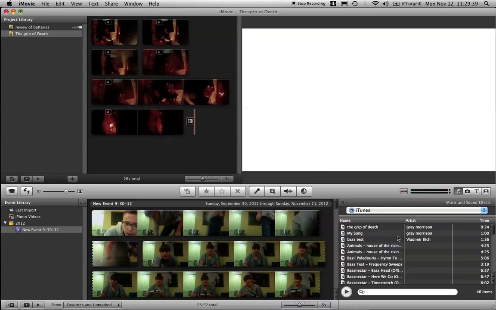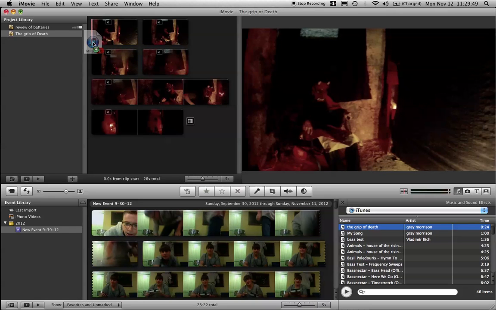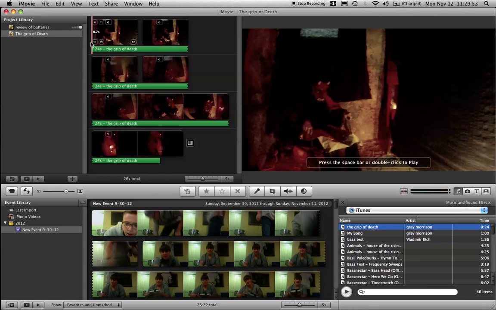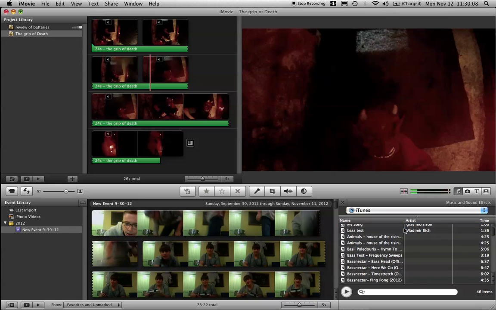You can use GarageBand if you want. You just have to make sure your timing's down. And then, so I called it this. And you drag it to where you want it to start, which is right there. And it adds it right in. So once we have that, then we can add a